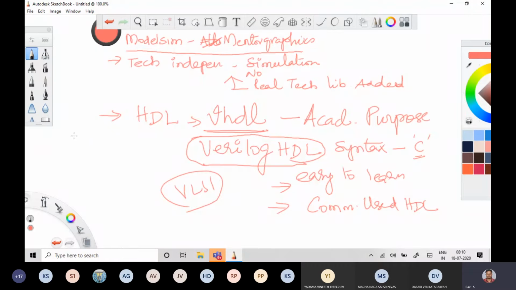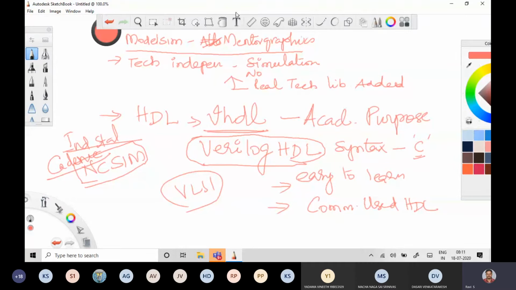If you want industry standard simulation, we have the tool called NC Sim from Cadence. That is also there in our VIT VLSI. Don't worry, once you reach the campus, I'll give you the industry standard tools also for simulation purposes.